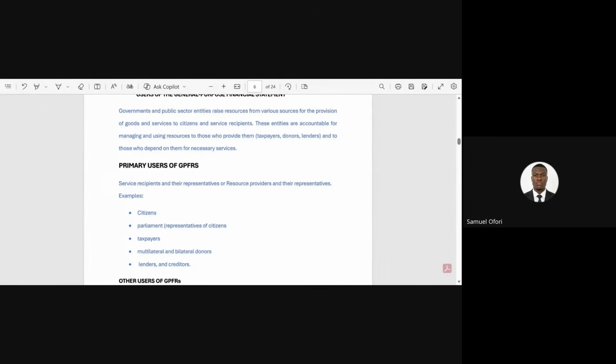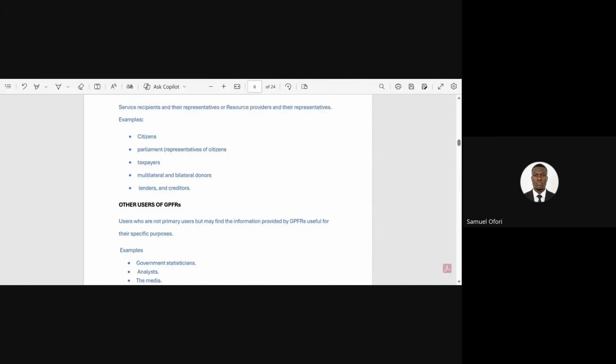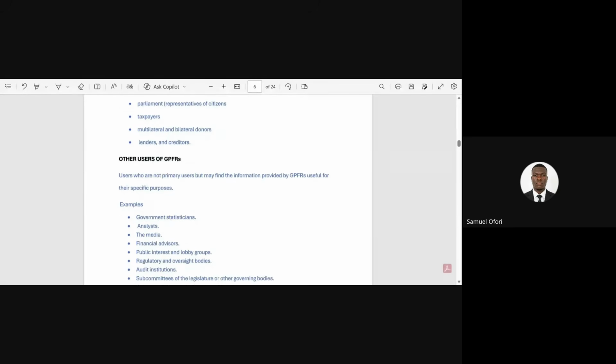These are the key: the citizens, the parliament, the taxpayers, the donors, lenders, and also creditors are all primary users. Let's also look at the other users of the general purpose financial statements. So government statisticians, okay, sometimes